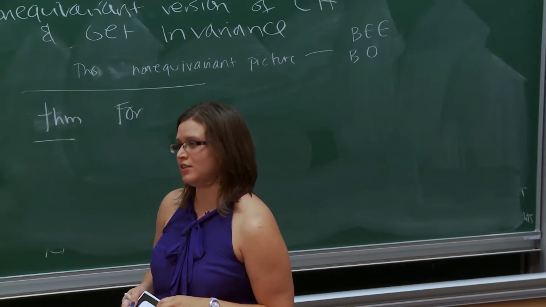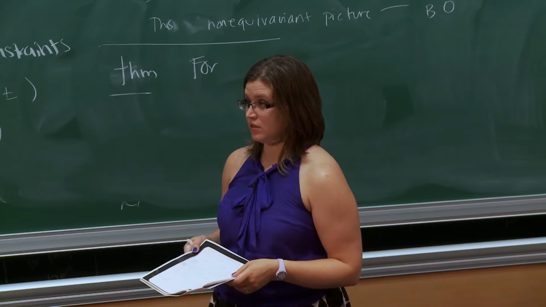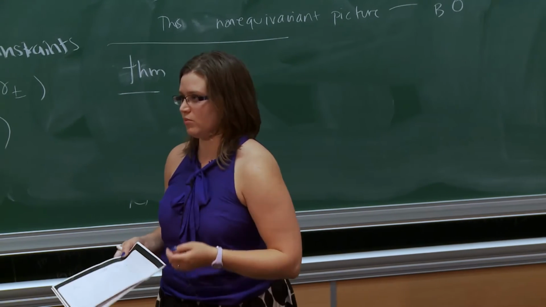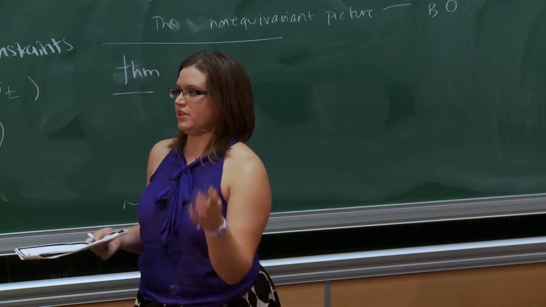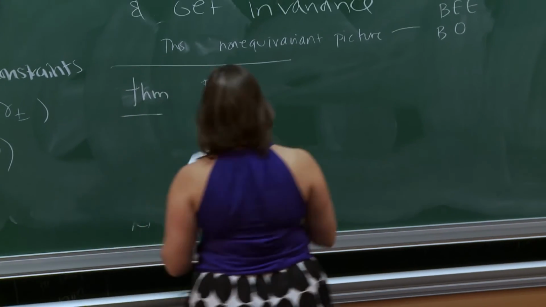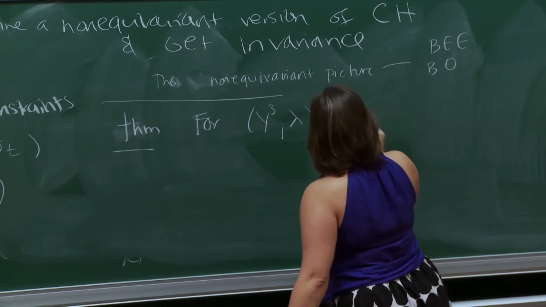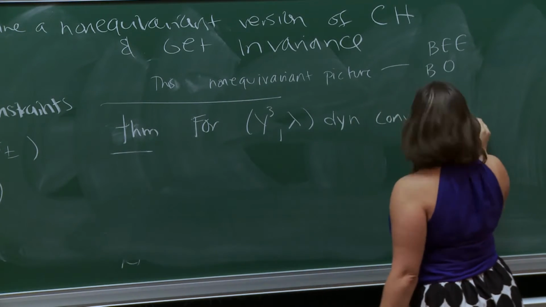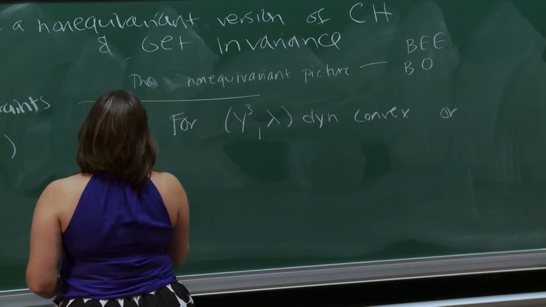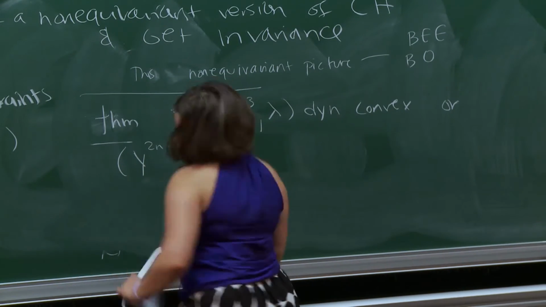Is the reason that you define this chain complex over Z that the high independence means you can rule out isotropy? Yeah. So your curves are always going to be somewhere injective, so you don't have the isotropy anymore to deal with. Okay. Right. So for Y3 lambda dynamically convex,